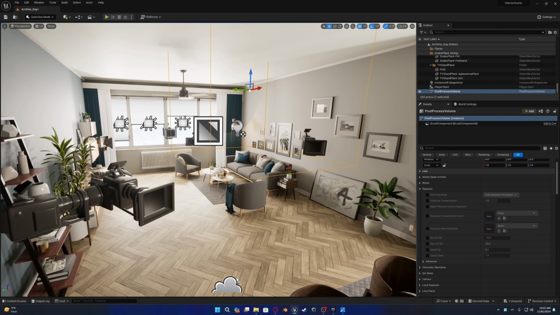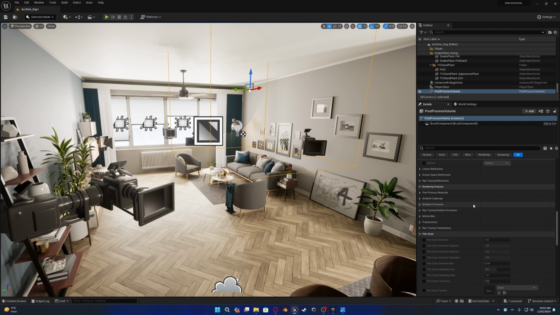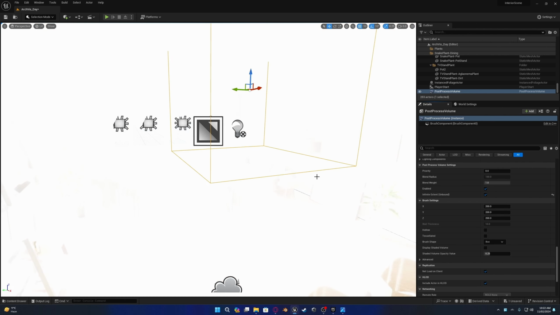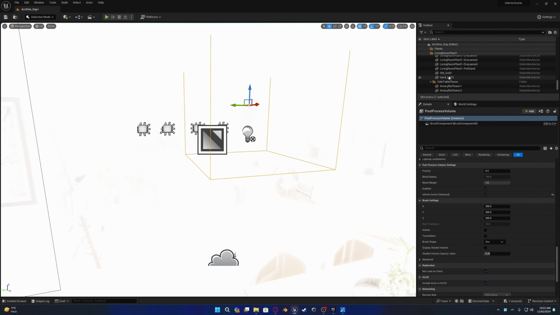And what I'm gonna do is I'm gonna change the metering mode to manual and remove applied camera exposure, and also set the compensation to 5.5. And now I'm going to go all the way down and enable infinite extent unbound. Now we're going to go up into the lighting folder,